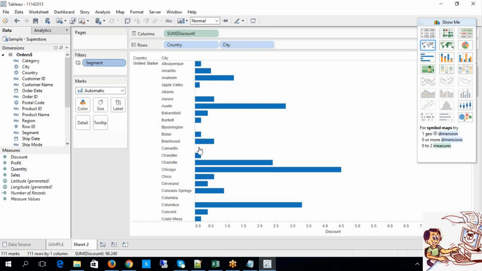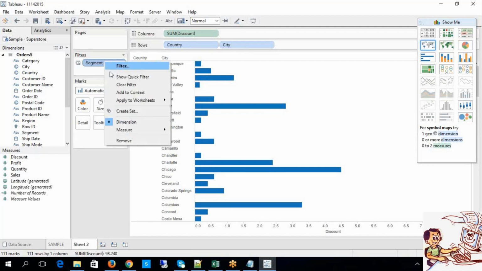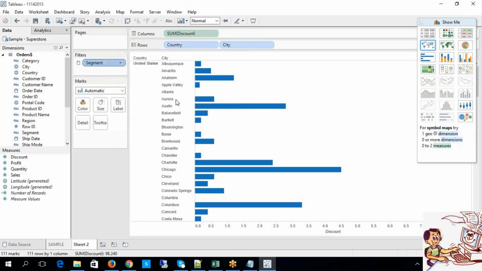You know what, guys? Look at this. Select, right click. It is supposed to apply to all the worksheets which are dependent on this data source. So if that is the case, I'm going to use this one. Now look at the icon. The icon has been changed.